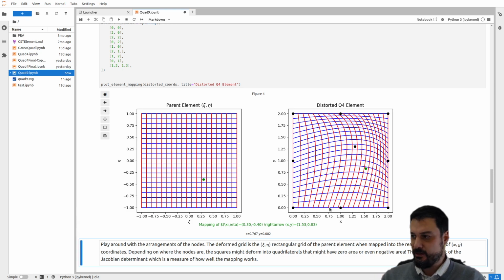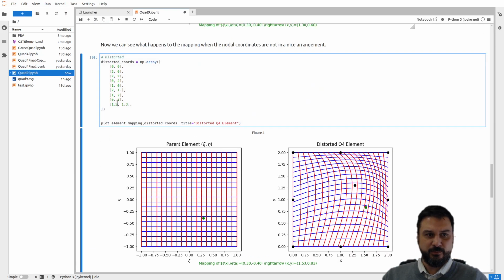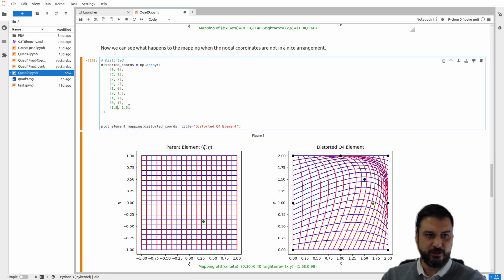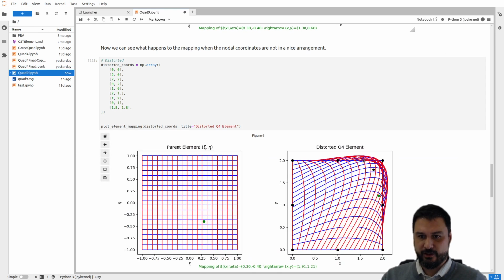We'll talk about the Jacobian in a second, but first of all, you can see that you can make this mapping not onto, so basically not bijective, or basically if given a value of chi and eta, is there a unique value of this? You can see that as I move this point all the way over there, for example, these lines start to overlap with each other. I can do a very extreme version. Let's go over there all the way to 1.8, and you'll see now that the values actually go beyond the